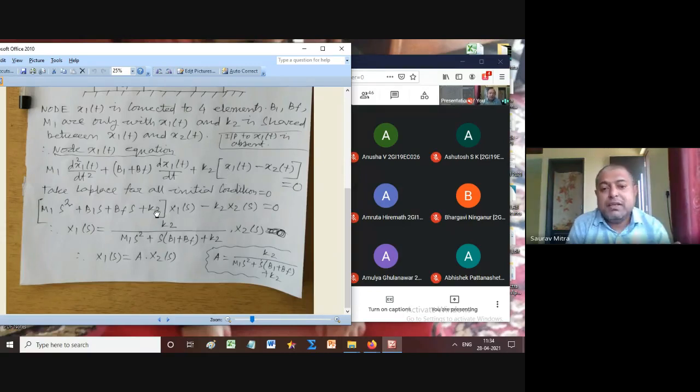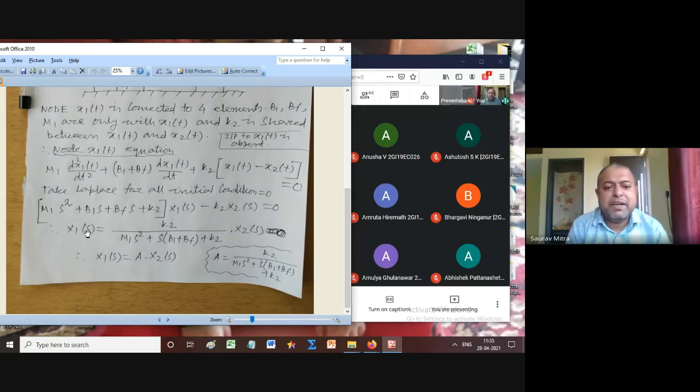After taking the Laplace transform, you have to separate out the x1 and x2 parts. So where is the x2? Only here there is the x2 part. Variable is x1, variable is x2, so you have to separate out x1 and x2. Here there are 3 terms, m1s square, B1s, BFs, and one term k2. They are all related to x1(s). One step I have not written here, that is first Laplace and then segregation. I have done both together, so it is not difficult. If you practice, it will come to you also. And one part is minus k2 x2(s).